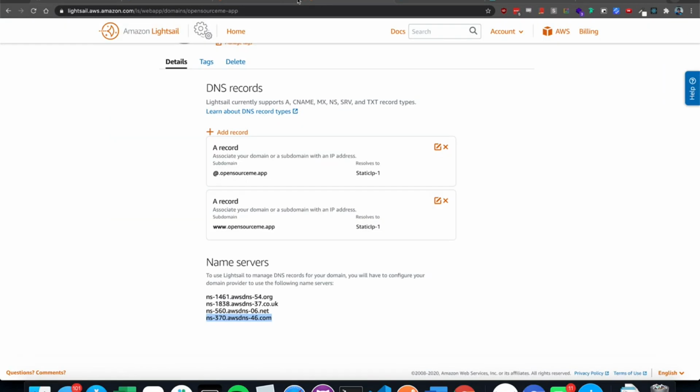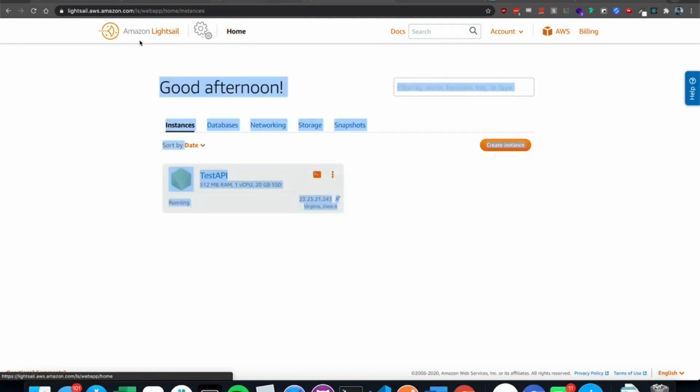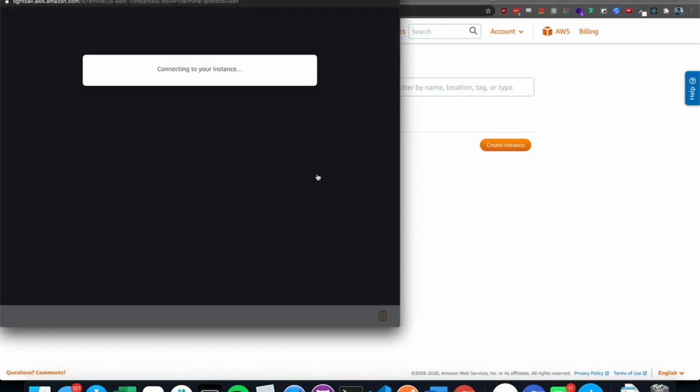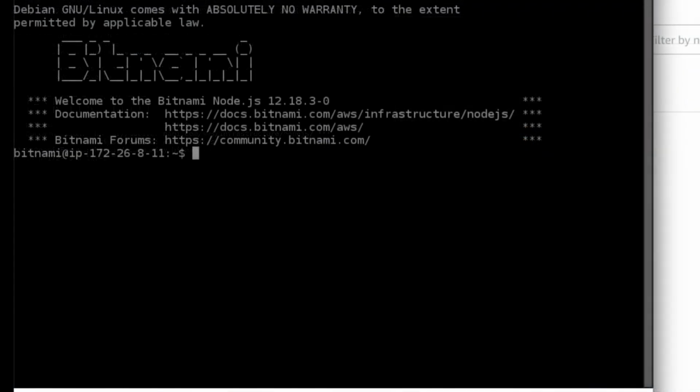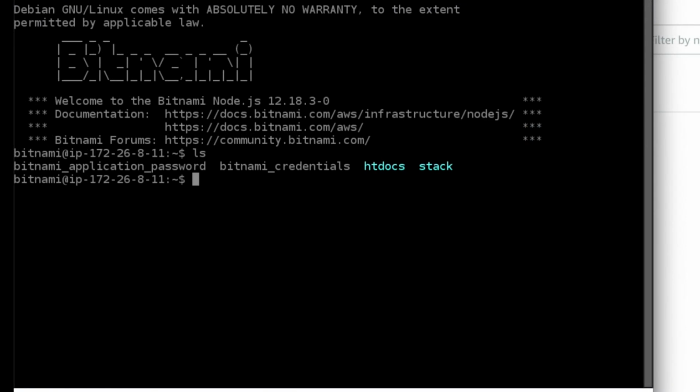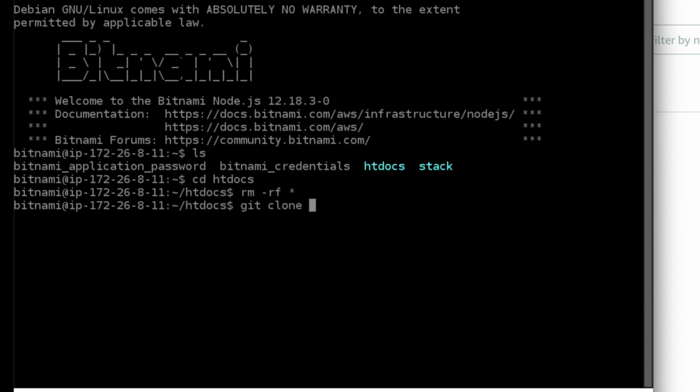So by now, your Lightsail instance should be up. Click the little terminal icon, and it should connect. You should see this. If you type ls, you can see the directories, and we're going to go to htdocs. So type in cd htdocs, and just delete everything in there, rm -rf *, and type in git clone, and paste the link from the Git repository,